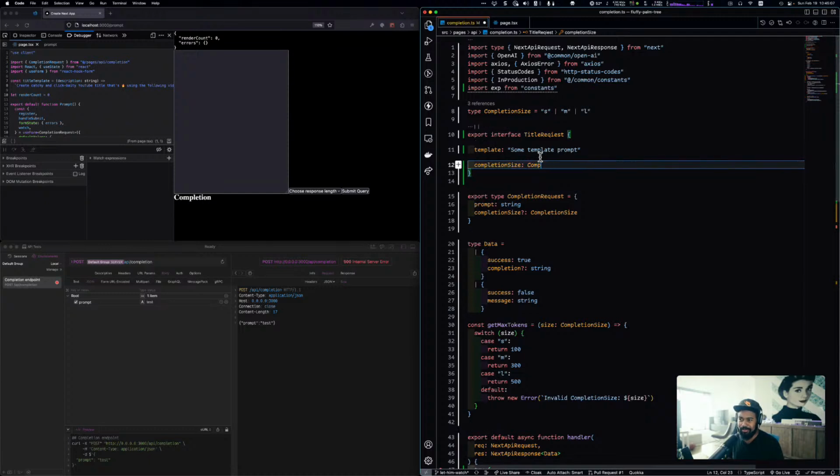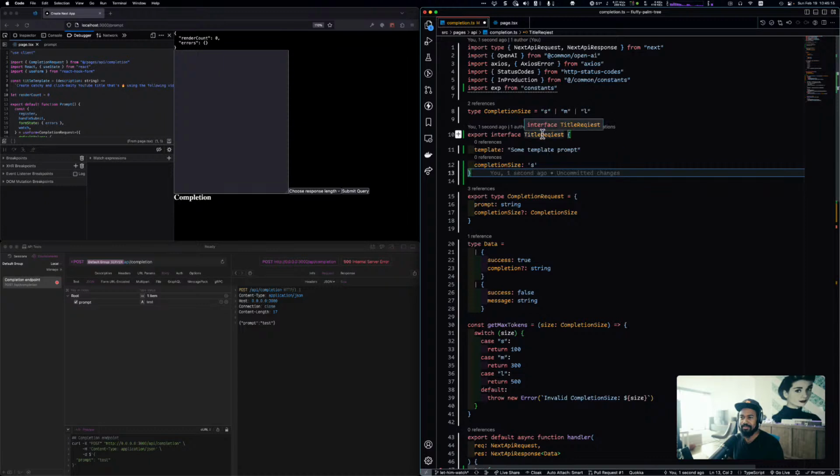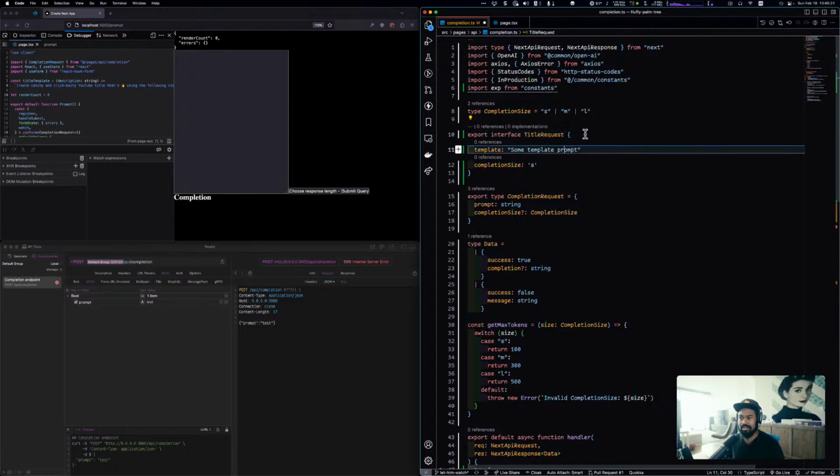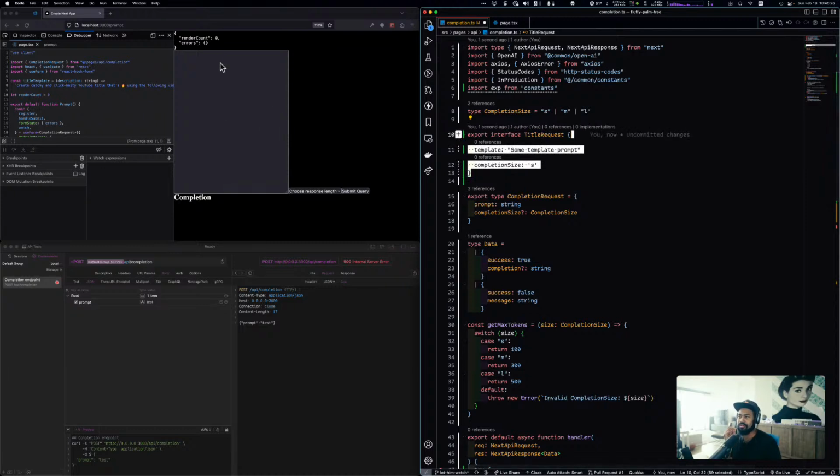Or maybe I would have to make that an enum, right? But for now, I can just say S, and that should give me back a completion size. So this is terribly named or spelled. Requests. So I could do something like this, and whenever I want to get a title completion,